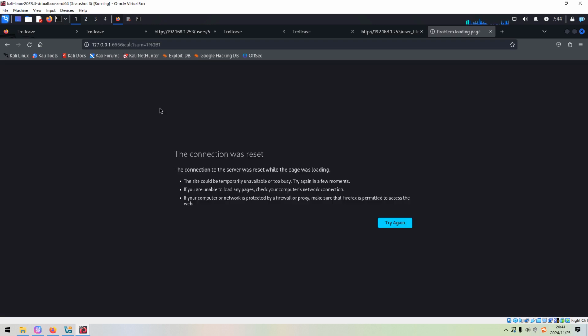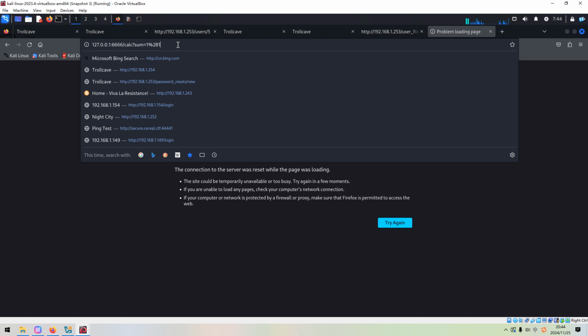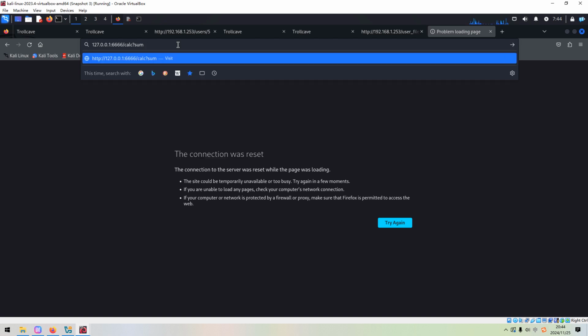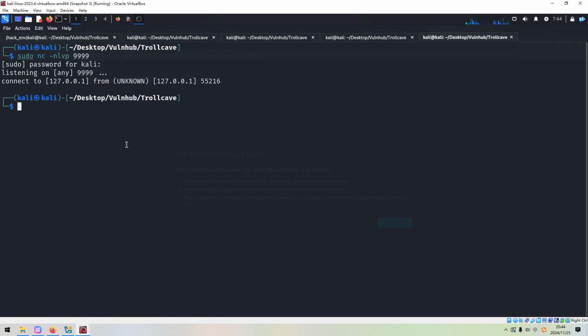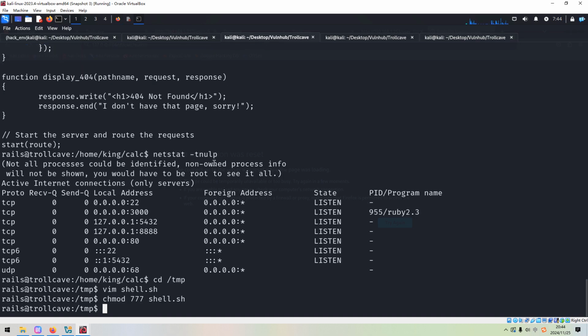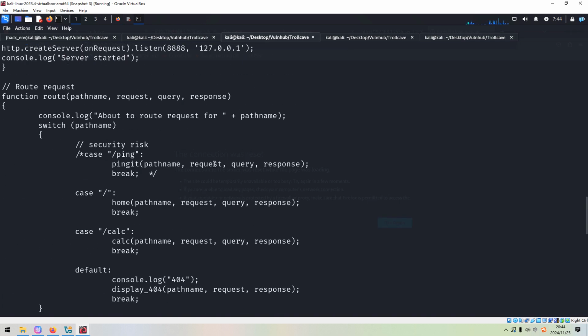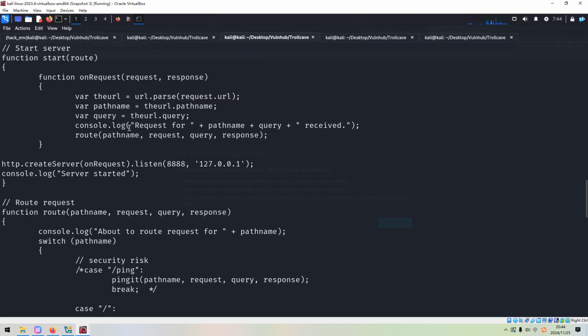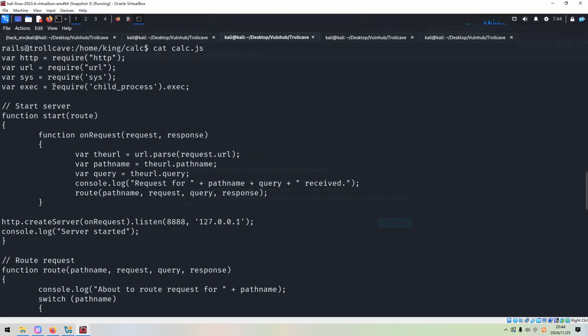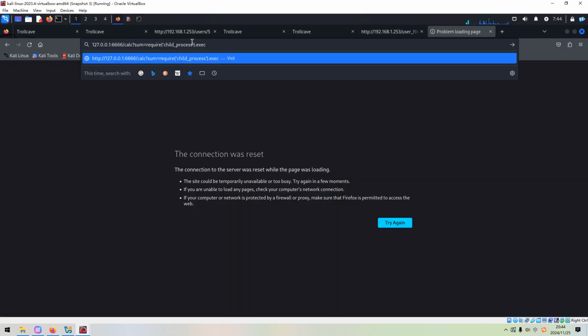If we calculate, we got the error. Don't worry, we can run the command. We can copy from here. Yeah, this one. And we want to run the script in temp.